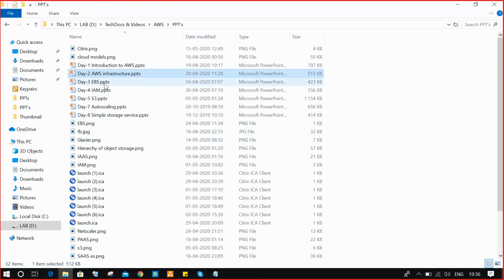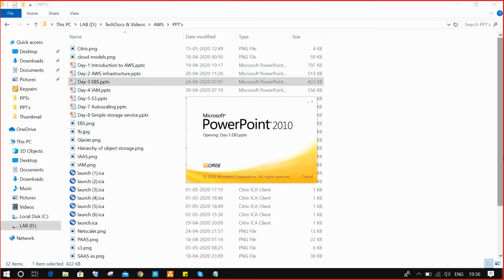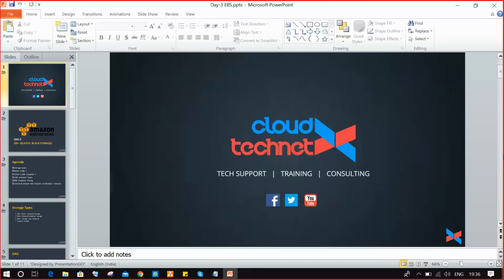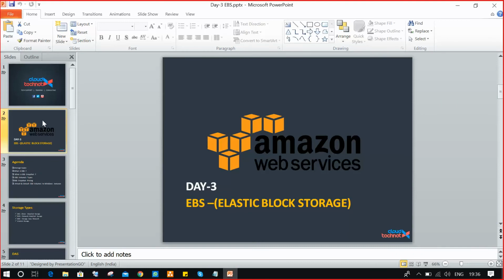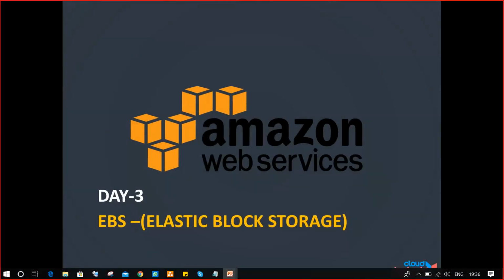So EBS. EBS is basically the storage concept.